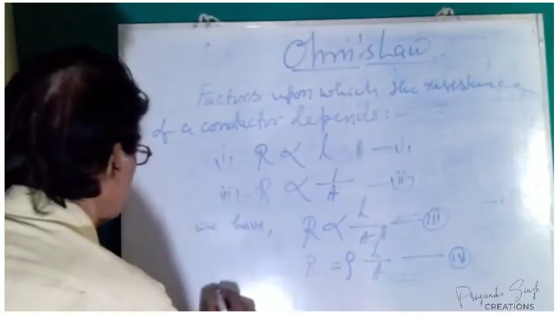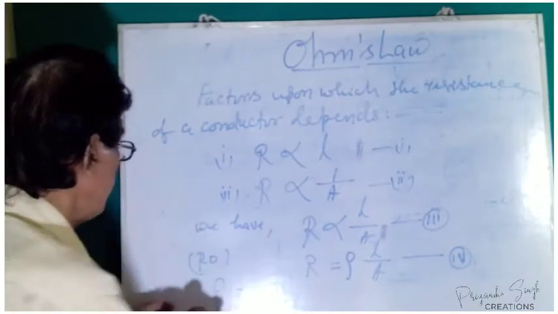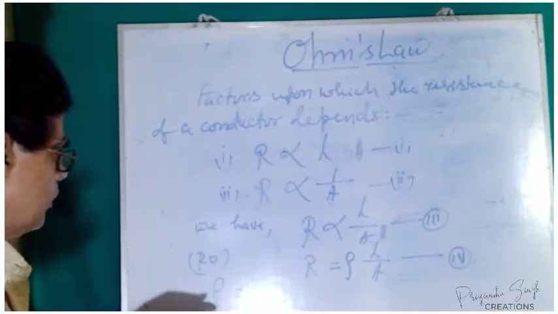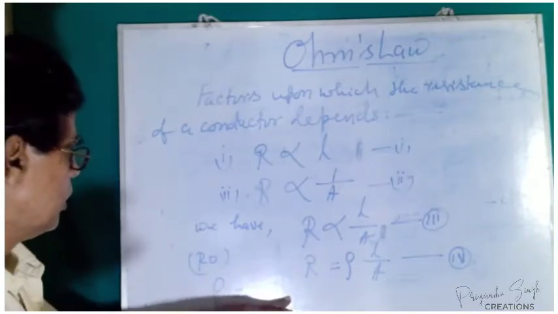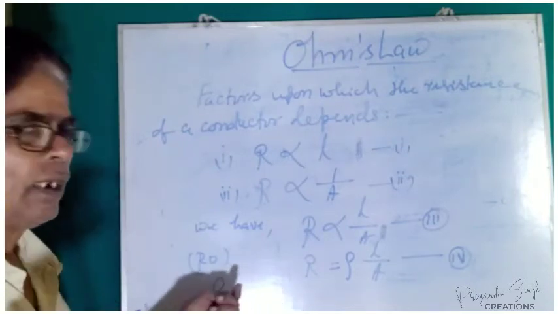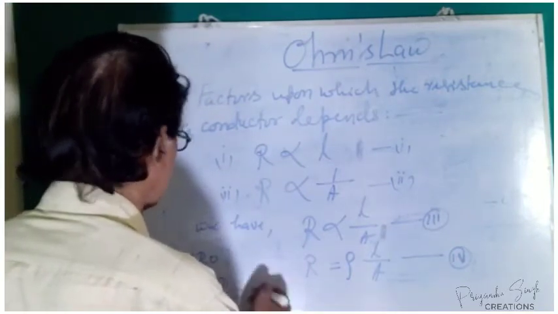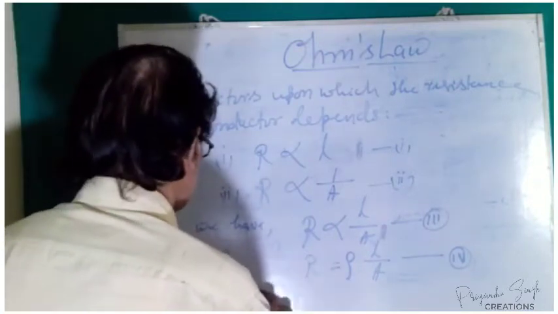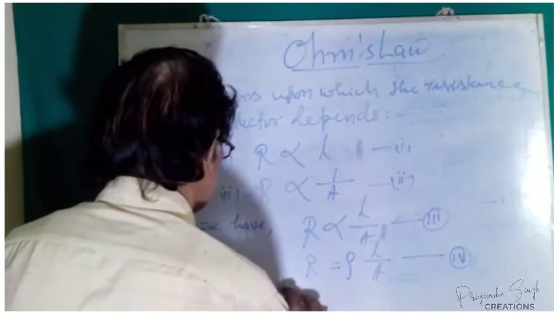This is the relation where rho, what is this? We pronounce it as rho. This is the symbol, curved like a structure. So this is a rho. It is one of the letters of the Greek alphabet. So rho is the constant of proportionality,